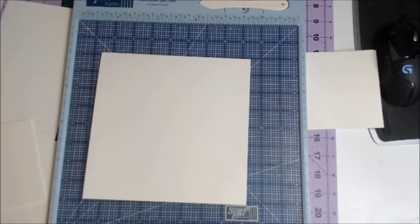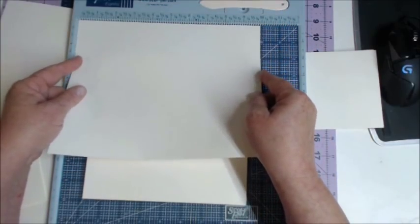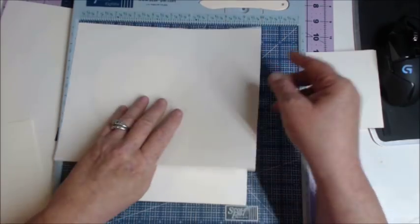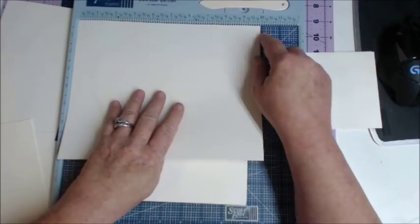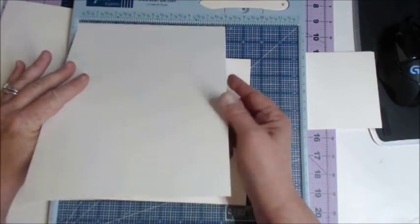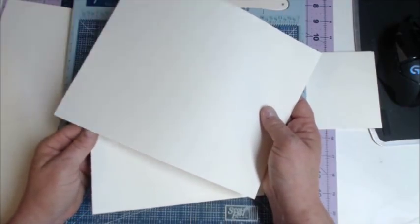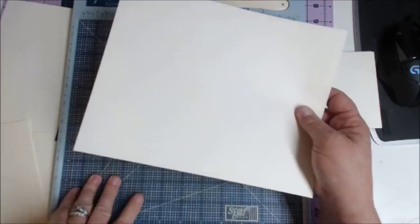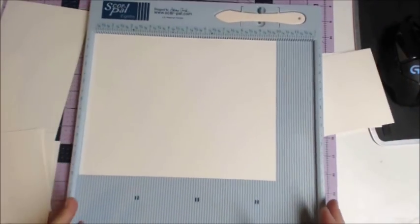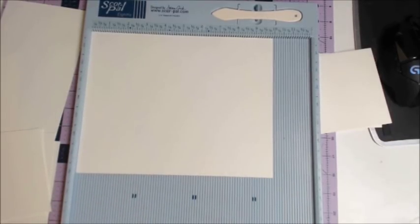It won't matter. Now this piece is 10 inches, and again, I backed it up. So it is roughly 9 7/8. I went between the 9 7/8 and the 10, because I don't quite want it to be 10 inches by 8. The reason being is we want this to fit gatefold, and we don't want it to, you know, hit on each other. So I'll